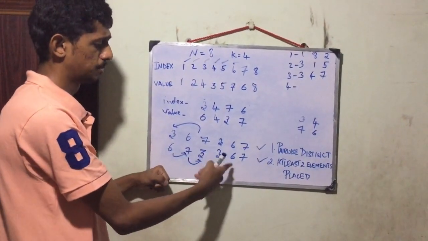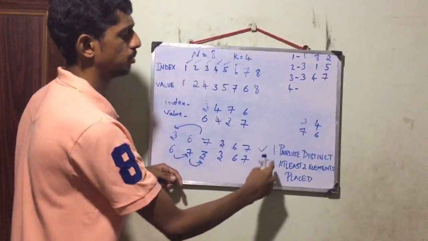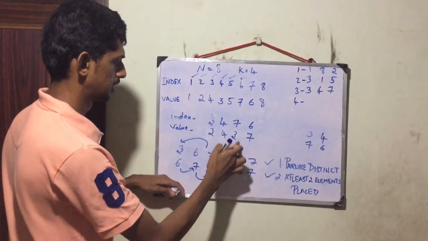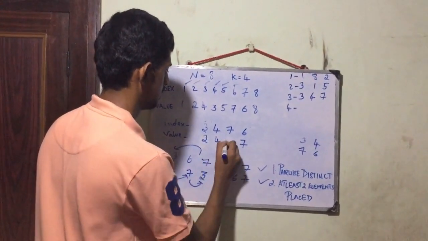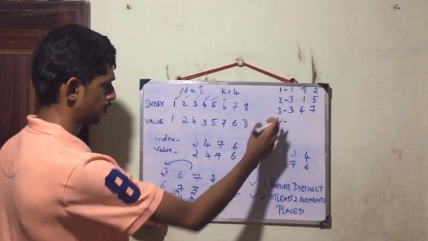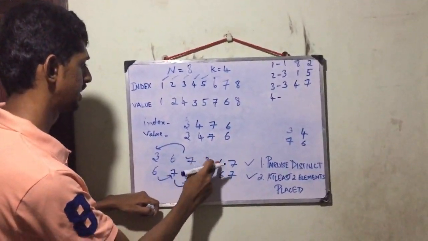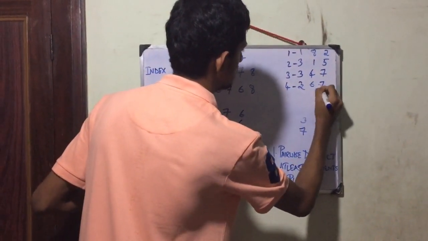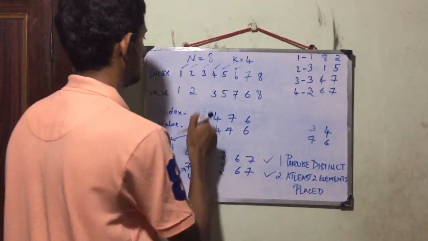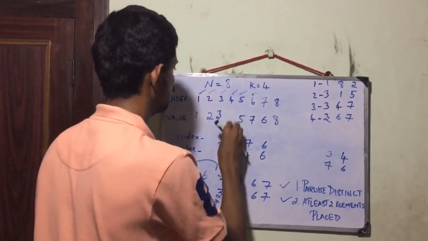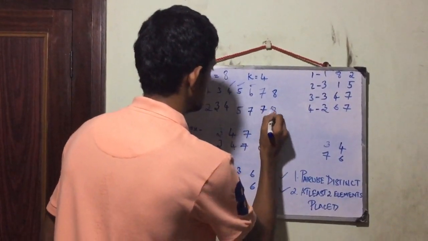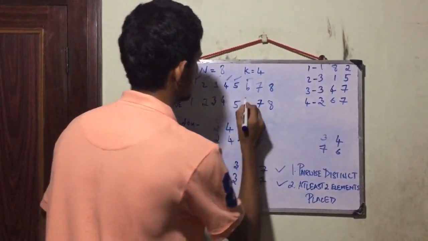Now you can see that all the 3 elements are placed. Therefore now I can change, which also meets this criteria. So in 3rd index we have 3. In the 7th index we have 7. And in the 6th index we have 6. Now in the 4th operation my indices are 3, 6 and 7. Now I am going to change in the main array. So in the 3rd index you have 3, and then in the 4th index you have the value 4, and then in the 7th index I have the value 7. In the 6th index I have the value 6.